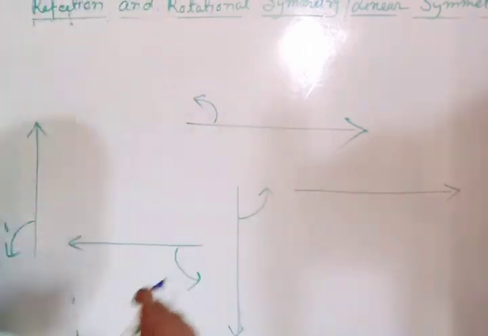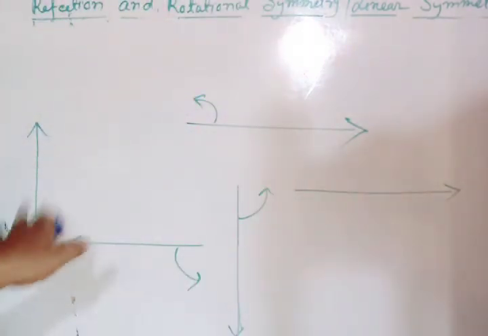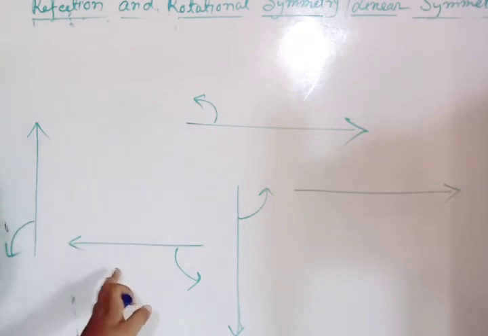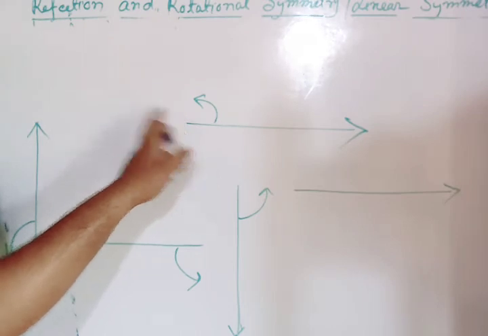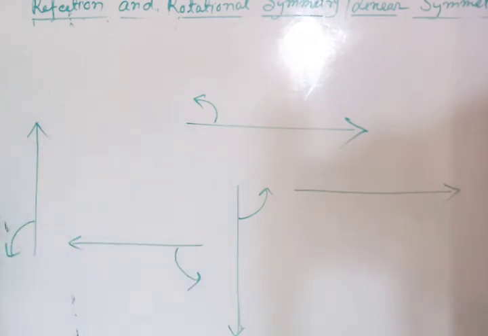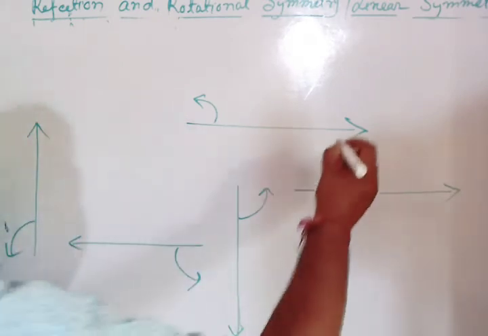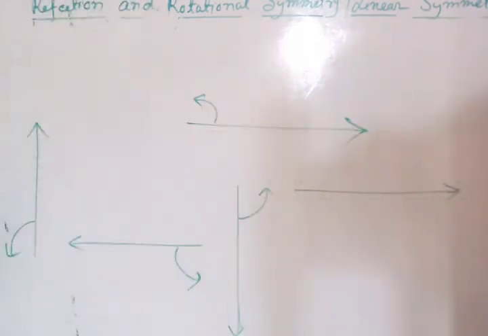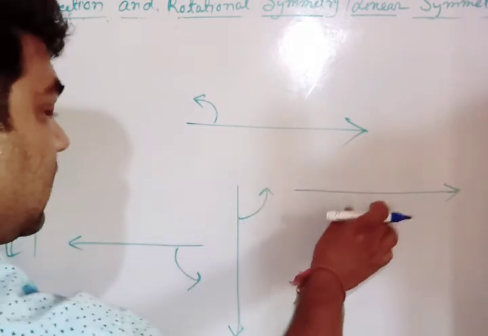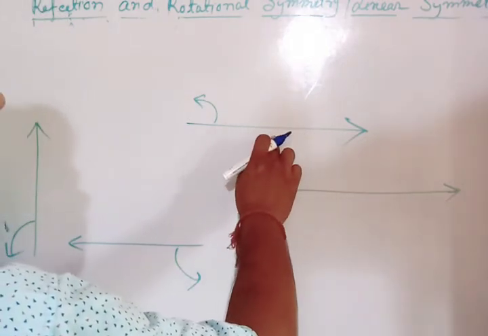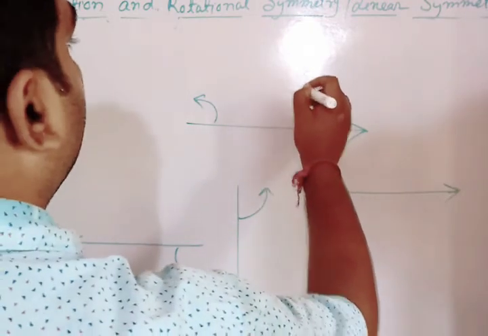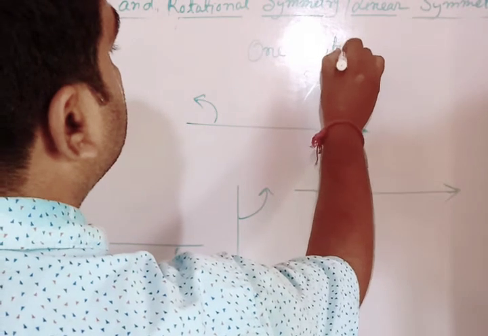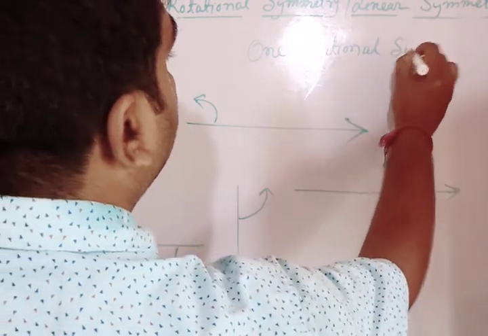So for these 4 rotations, that is 1, 2, 3, 4, only one time we are getting the figure that is identical with my previous figure, the given figure. Okay, so it has one rotational symmetry,